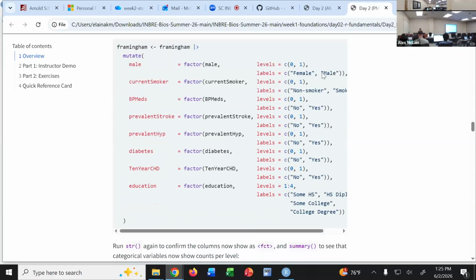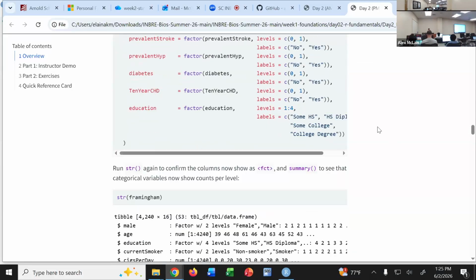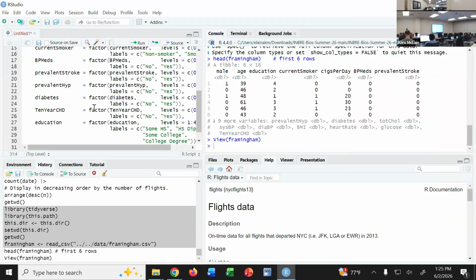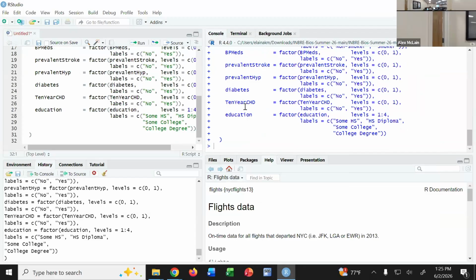This next code we have right here, I want you to copy this. This is going to change all of those numeric variables into factors. Okay, so this code is going to make male, current smoker, BP meds, prevalent stroke, prevalent hypertension, diabetes, 10-year CHD, and education, it's going to make them all into factors instead of